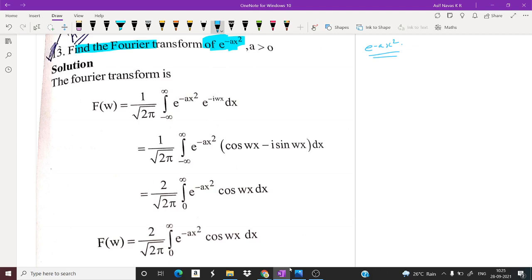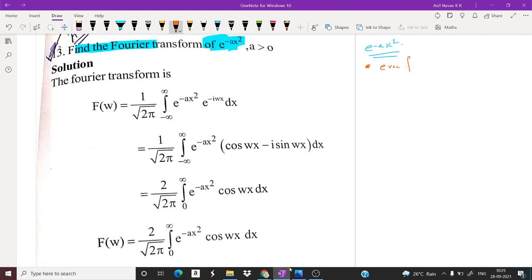So when we cannot integrate, what do we usually take? We cannot integrate the function. We will take a derivative and then we will convert it into a differential equation. And before going to that,